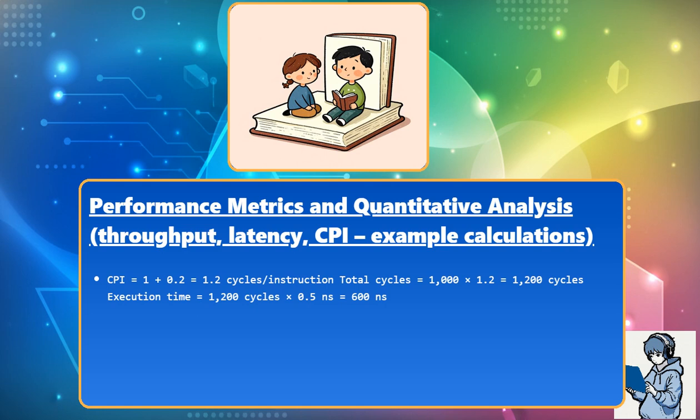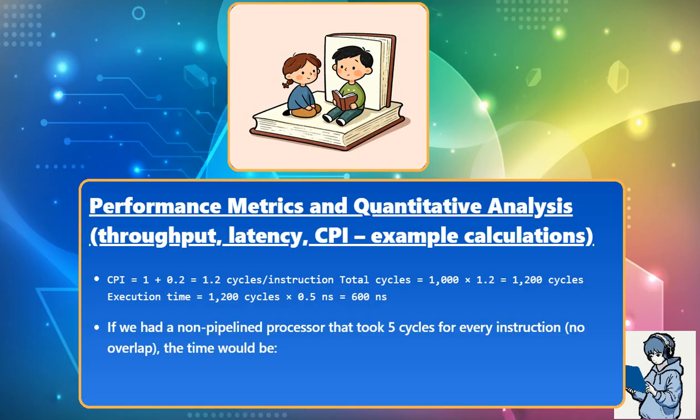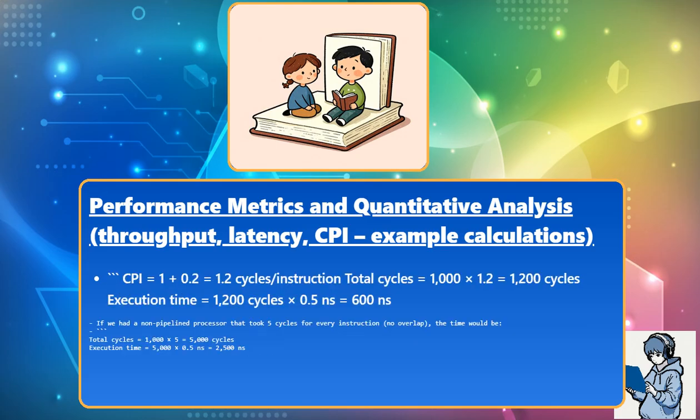Total cycles equals 1,000 times 1.2 equals 1,200 cycles. Execution time equals 1,200 cycles times 0.5 nanoseconds equals 600 nanoseconds. If we had a non-pipelined processor that took 5 cycles for every instruction, with no overlap, the time would be